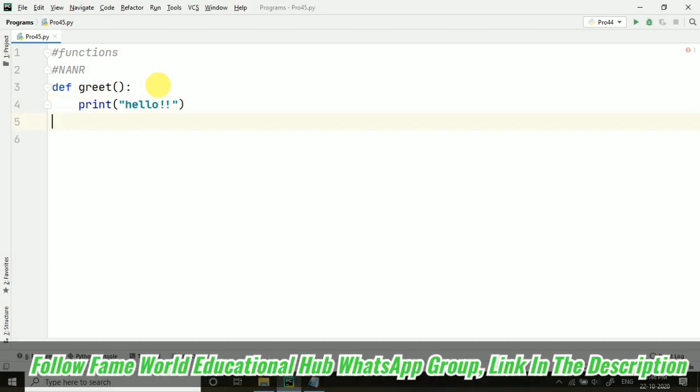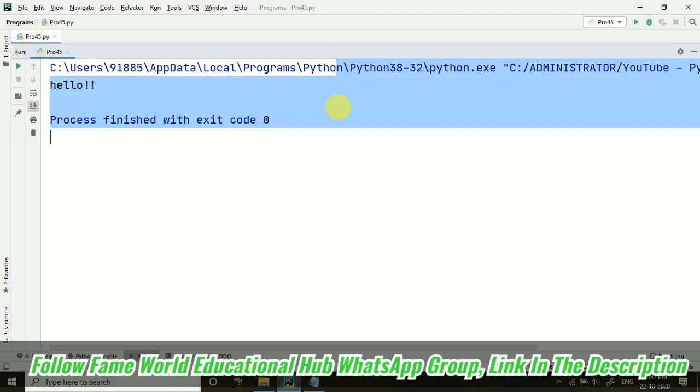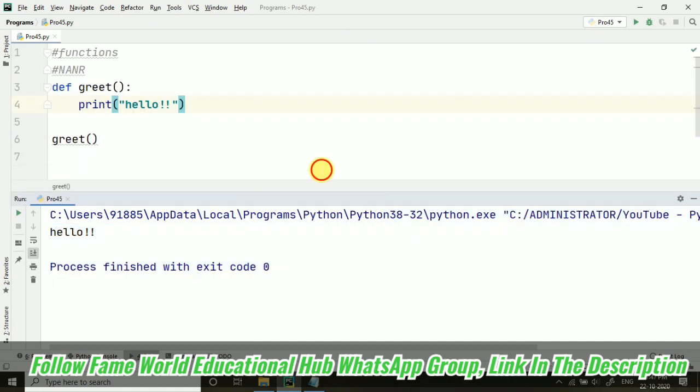Now when we have created a function, we have to call it. So suppose I have called it here. I am going to run this program, and you can see hello is simply getting printed. So this is no argument, no return type, and it's so simple. We just have to use the def keyword to create a function, and this is the block. As we take this colon and press enter, it automatically takes four indents. You can see at the bottom it's written 4 spaces, so by default it's 4 indent. You do not have to do anything with that.